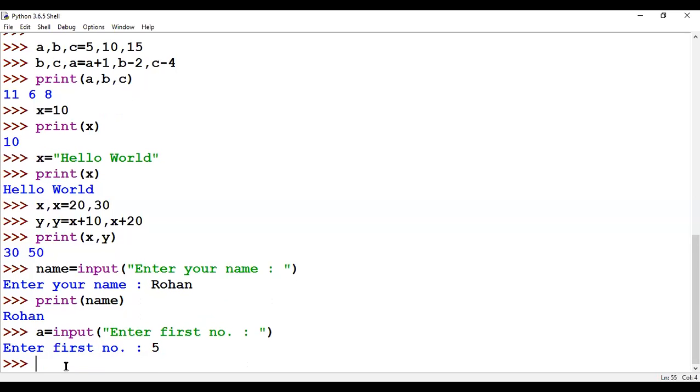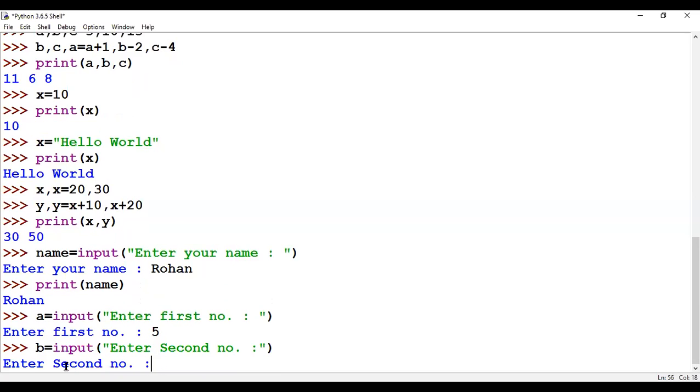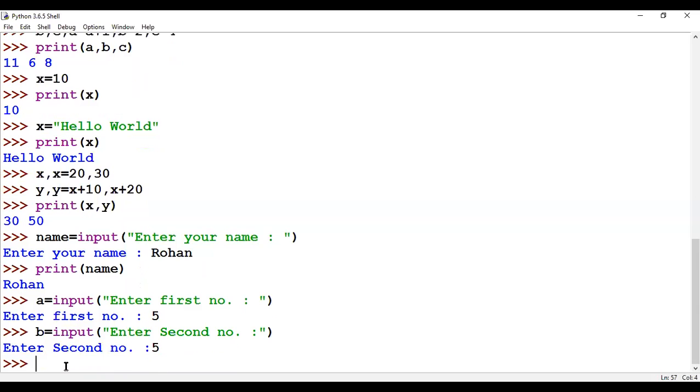Then b equals to input, enter second number. Now the second number is 10. Yeah, 5. Again 5. Then add a and b together. What will be the result?